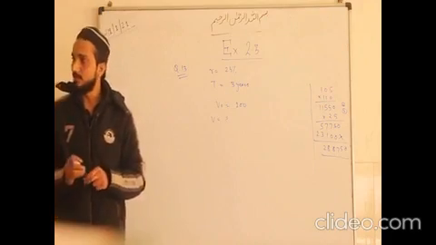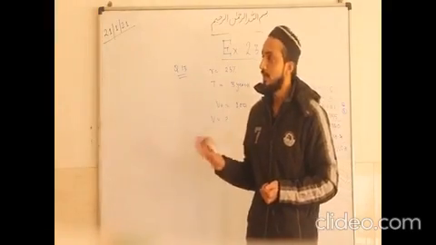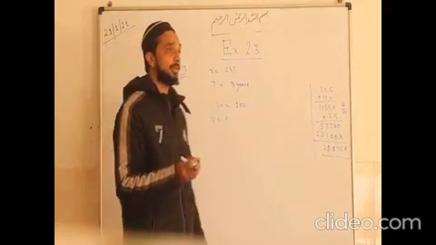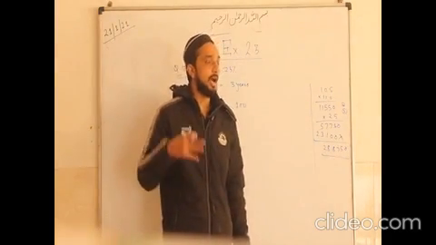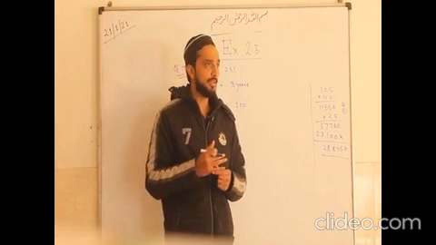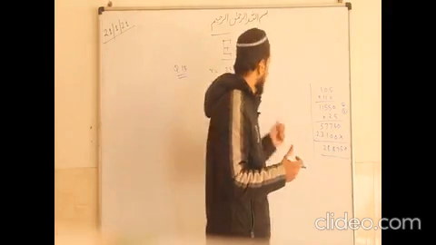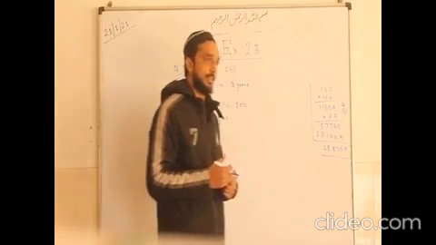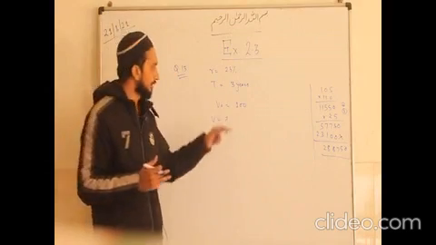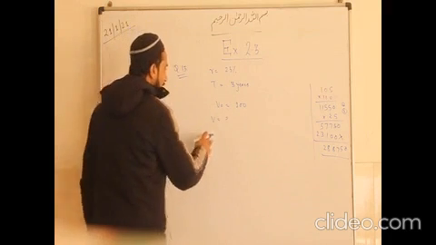Whenever the value is not given, you can solve this by assuming a standard value of 100, because it is asking for the percentage: how much percentage is increased after 3 years? If an amount were asked, how much amount is increased, we could take it as variable X. But if it is asking in percentage, we take 100 because it will be easy for us. So now we will find V.